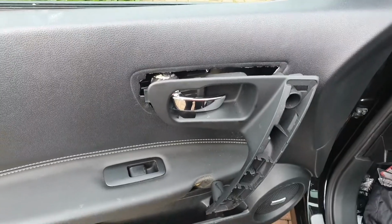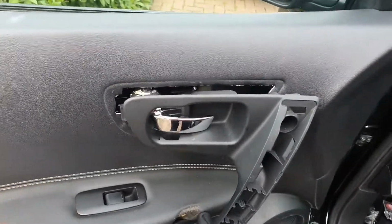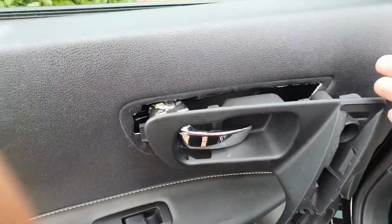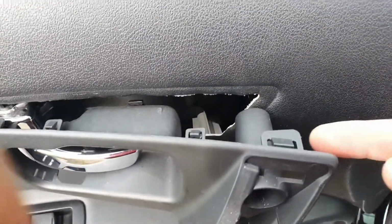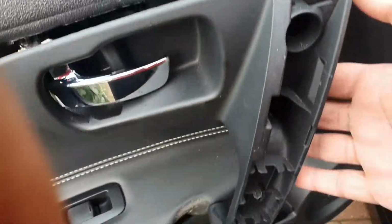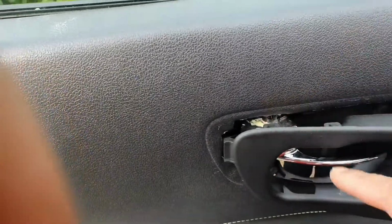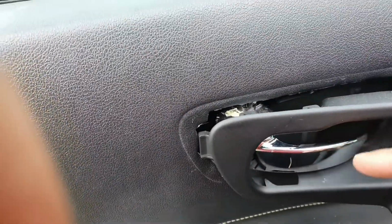So that's the door trim almost off. Now this is actually quite a good bit of pulling you're going to have to do, so it's not just going to pop out easily because these are quite deep. So you're going to start from the bottom here, move on to this side down to here. This last little one, you're going to have to pull this door trim out of the way, and if you